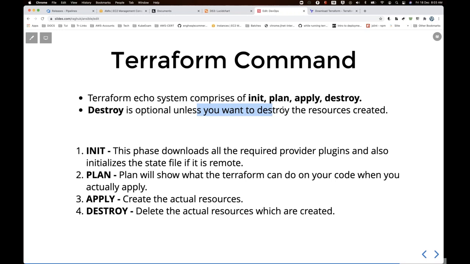Init is the phase where you download all the required providers. Terraform is a single binary, but it will not have all the providers' information. So when you do Terraform init, it finds out all the resources you have, what plugins it is supposed to download, what providers there were, and which provider each resource belongs to, and it downloads those files. I can show you something from my